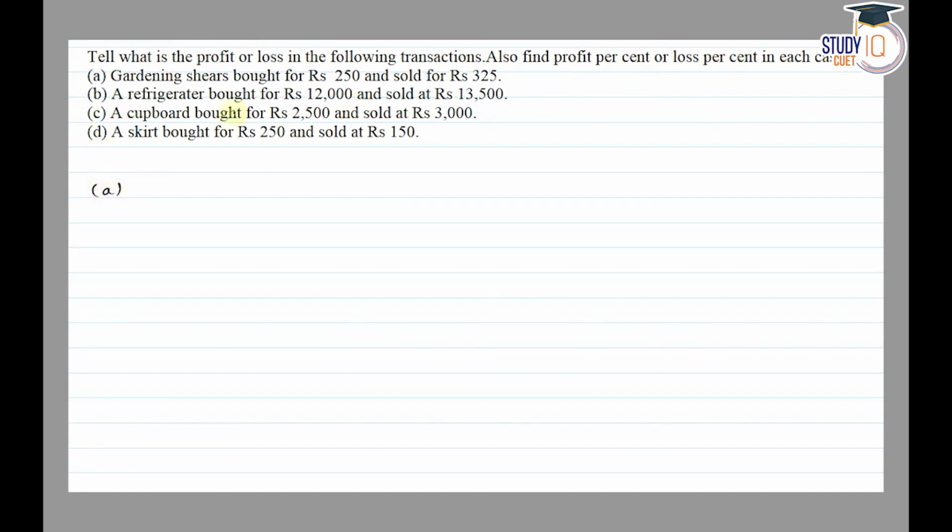Part A is gardening shears bought for rupees 250 and sold for rupees 325. So we are given cost price CP is equal to 250 rupees and selling price SP is equal to 325. So selling price is more, so of course there will be a profit. So profit is equal to SP minus CP, selling price minus cost price, is equal to 325 minus 250 is equal to 75 rupees,